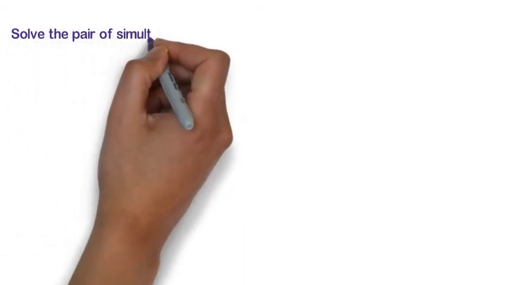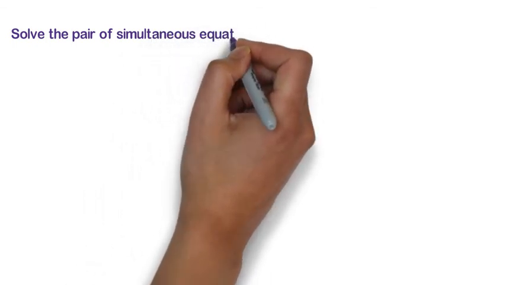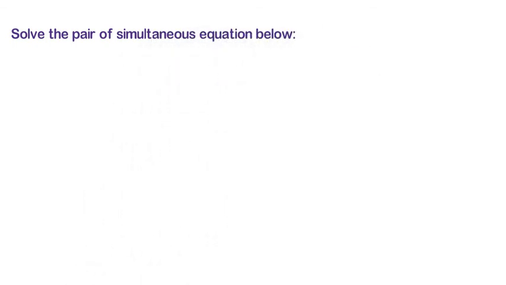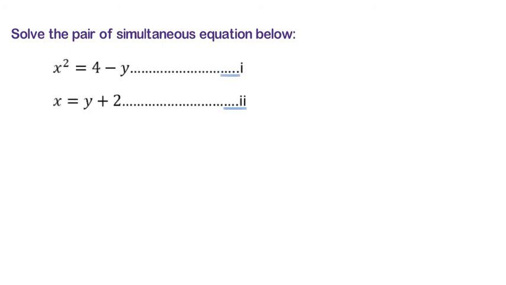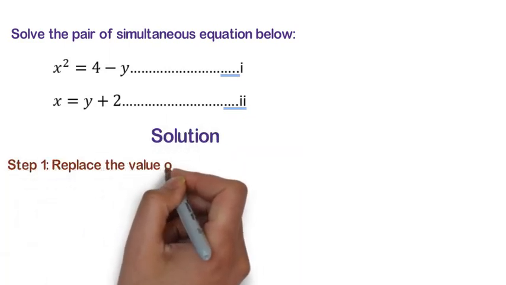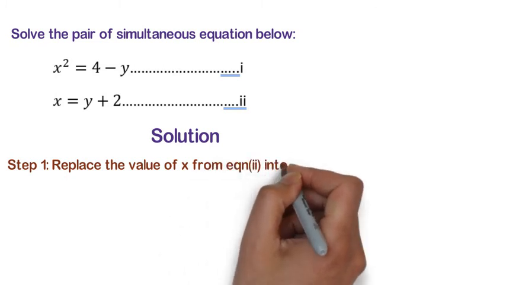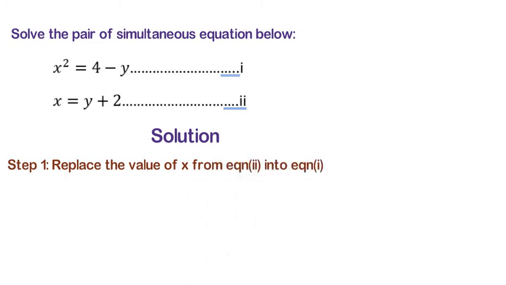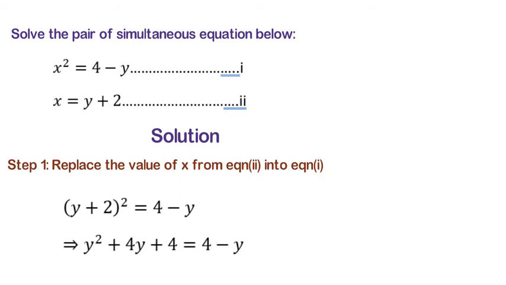Example 2. Solve the pair of simultaneous equations below. x² = 4 − y as our equation 1, and x = y + 2 as our equation 2. Solution. Step 1. Replace the value of x from equation 2 into equation 1. We will have (y + 2)² equal to 4 − y,